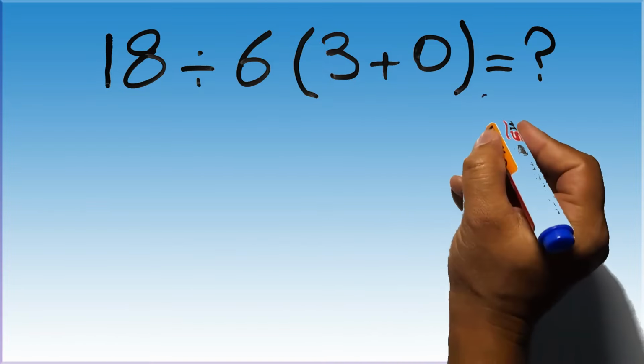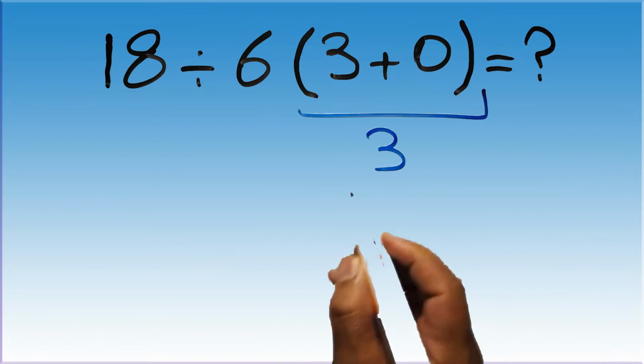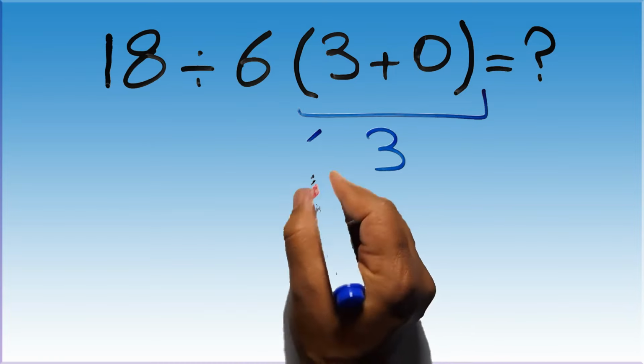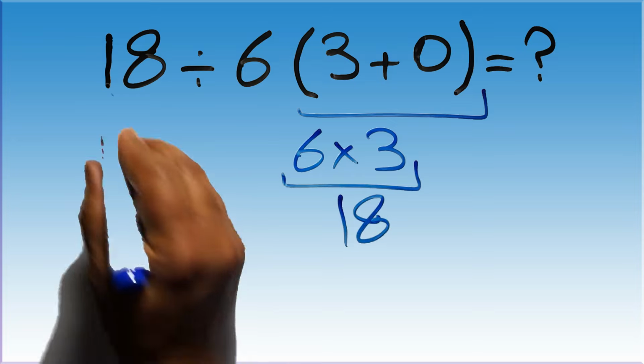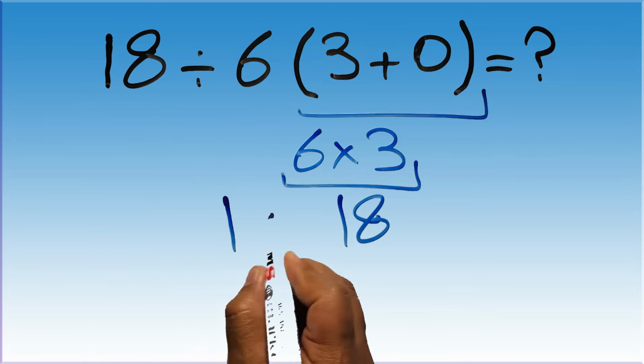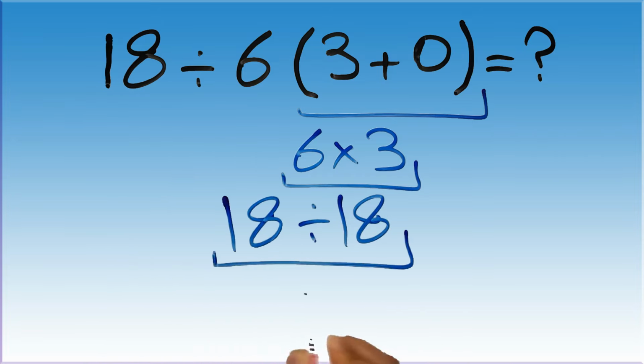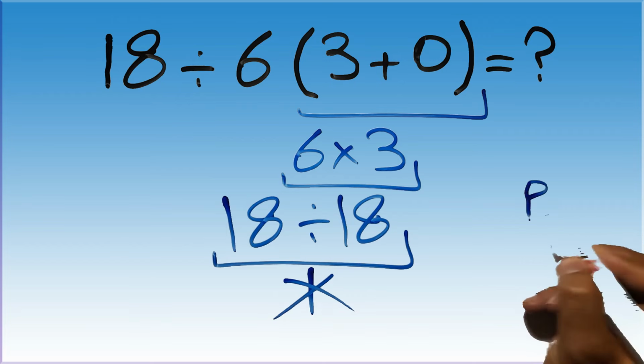3 plus 0 gives us 3. And 6 times 3 equals 18. So 18 divided by 18 is just 1. But this answer is not correct, because according to the order of operations, first we have to do parentheses, then